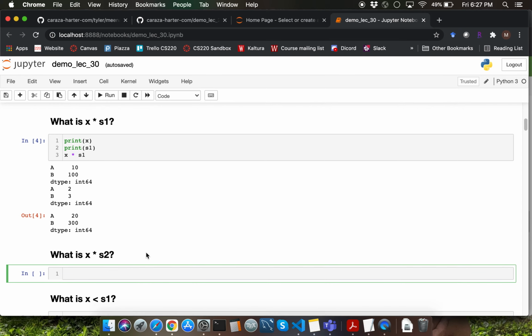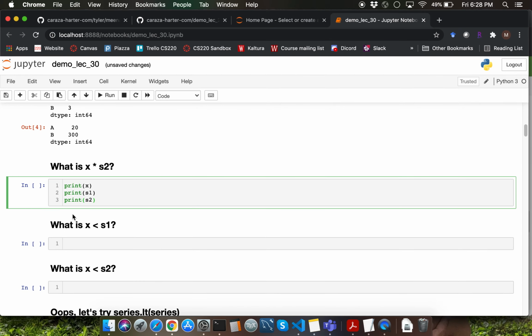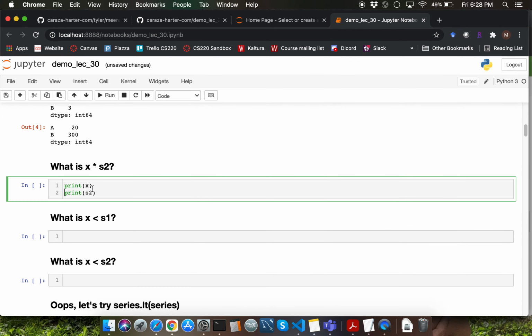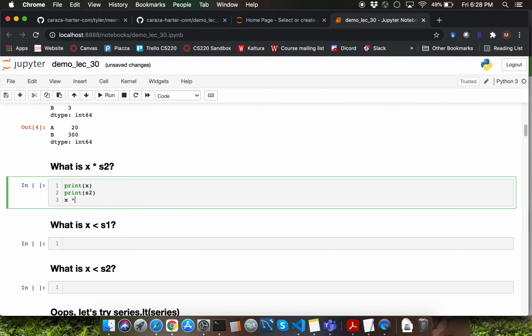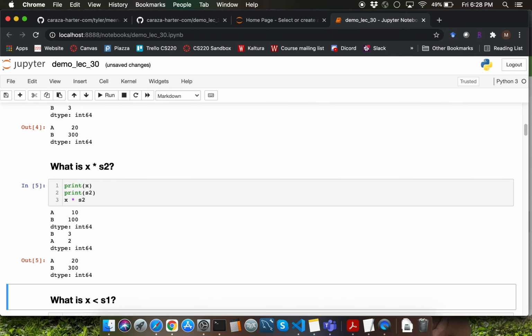Let's go through the next question, which is asking what is X times S2. In this particular example, there is a need for data alignment. That's because there is ambiguity with respect to matching up the values based on index or integer position. The value 10 is going to have an index of A and an integer position of 0. The value 3 is going to have an index of B but an integer position of 0.